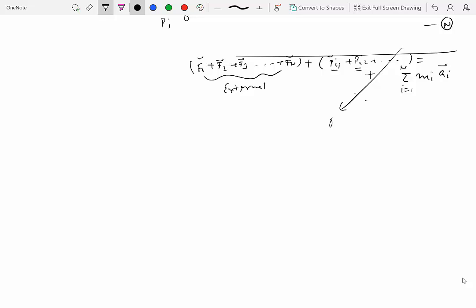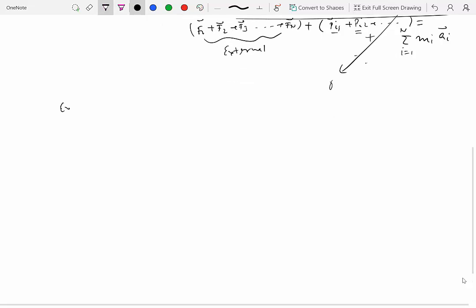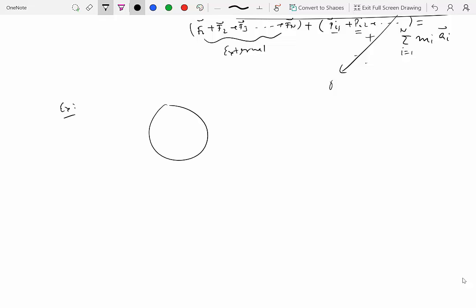If you can't see how the forces are cancelling out, let's do a simple example for the two particle case. So I have a system with two particles, p1 and p2. The internal force on p1 from p2 is p12, the internal force on p2 from p1 is p21, and p12 is equal to minus p21 because of Newton's third law. And you have external force F1 on this one and external force F2 on this one. So for particle 1, I can write F1 plus P12 equal to M1 times acceleration of 1, and for particle 2, I can write this,